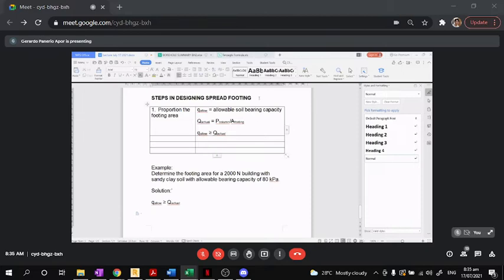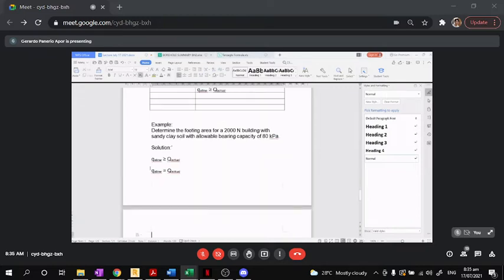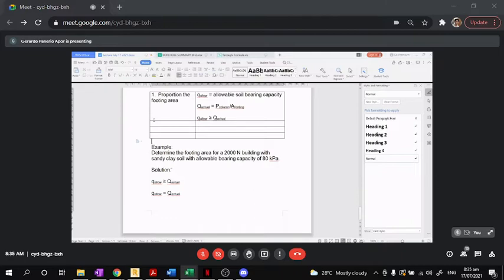We will just use the equation at the lowest, because this is a range, equal or greater than. So this will become 80 kPa is equal to